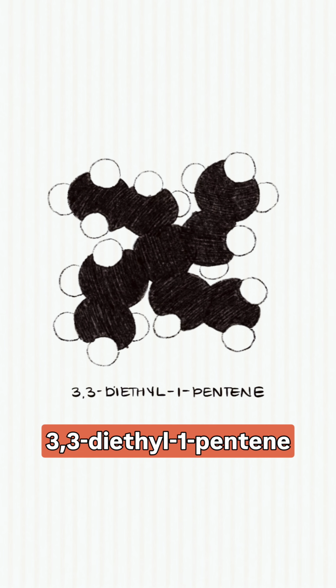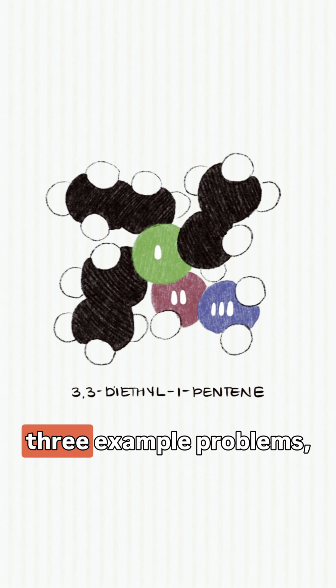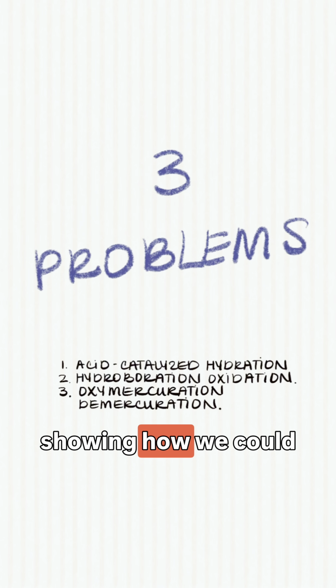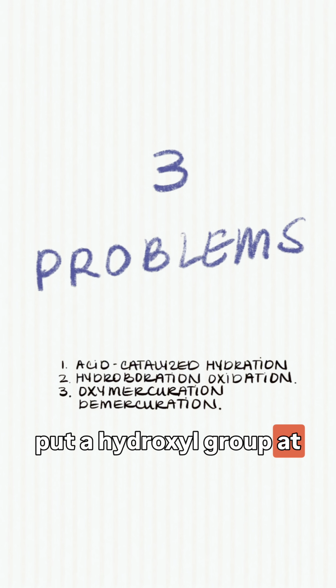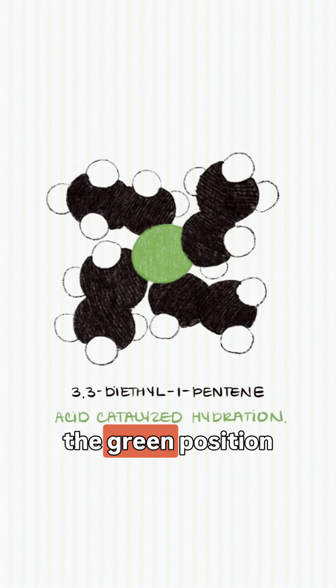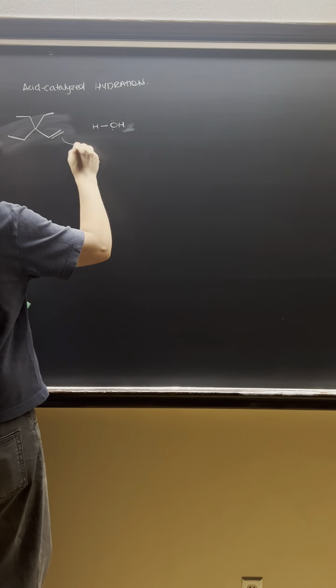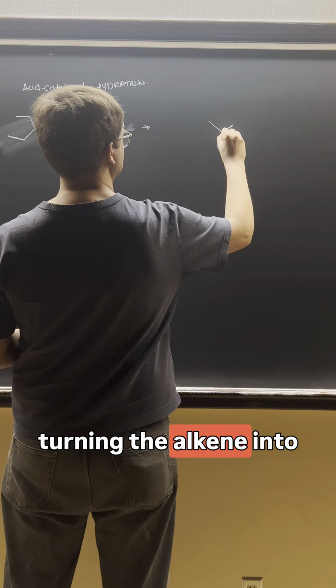This is the molecule 3,3-diethyl-1-pentene, and throughout this video, we're going to do 3 example problems showing how we can put a hydroxyl group at 3 distinct positions throughout this molecule, starting with the green position. For this case, we're going to focus on acid-catalyzed hydration, one of the processes of turning the alkene into an